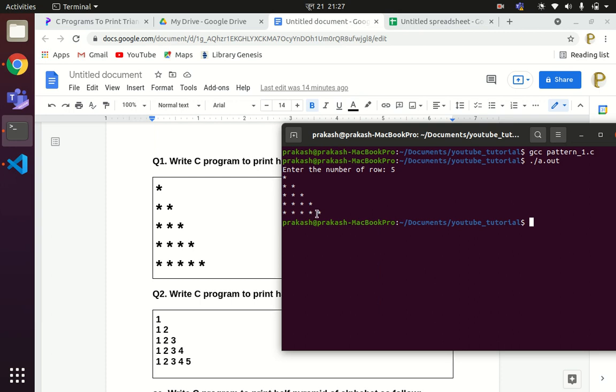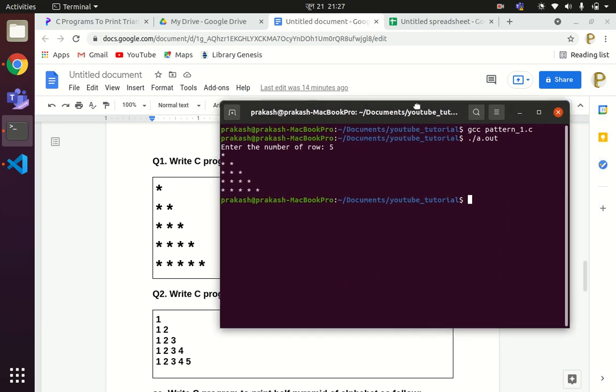So for the given value of i, the inner loop j should run i number of times. The value of the inner loop is dependent upon the value of the outer loop. You can use this concept to solve this half pyramid problem.